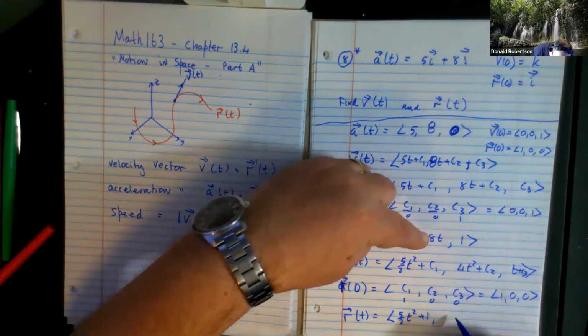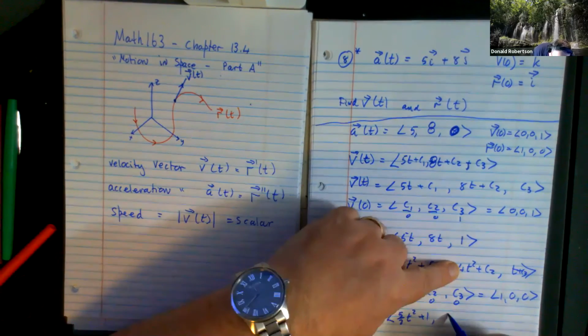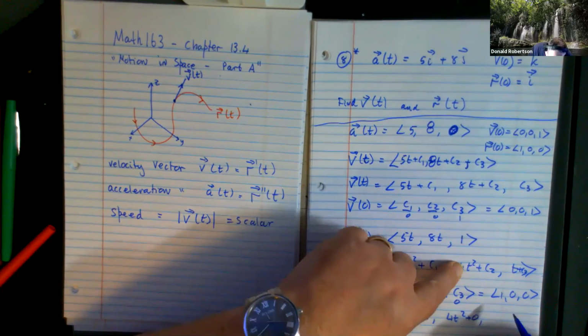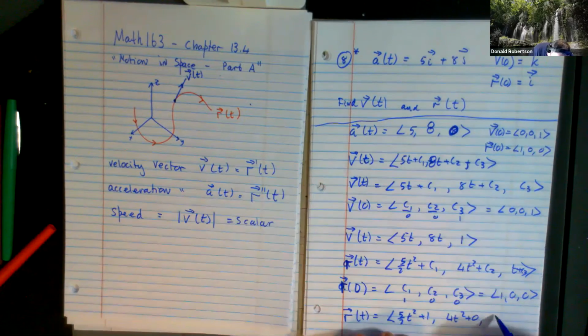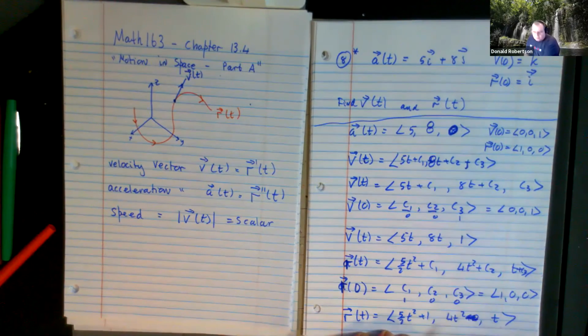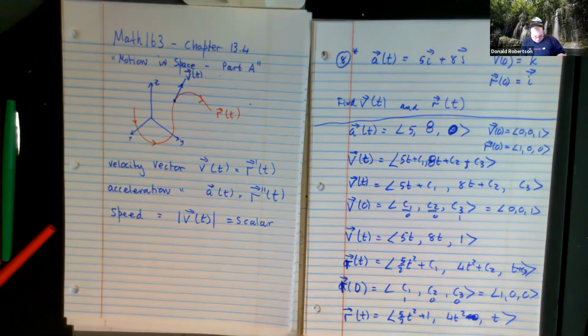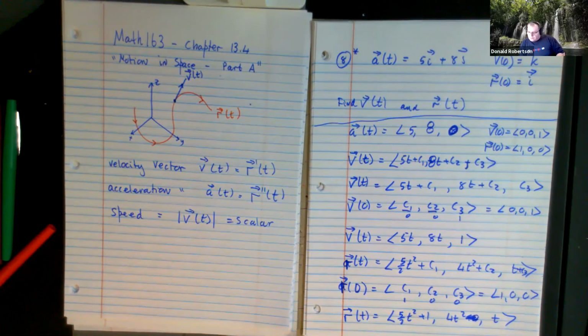Where are we? 4t squared plus nothing. Too late, I've written it. And t plus nothing. And we finished. Are we good with this guy? Okay, I get time for one last version of this,